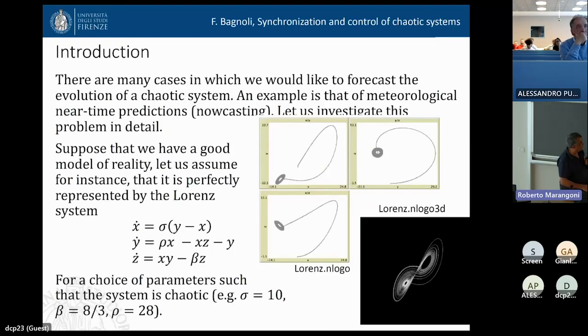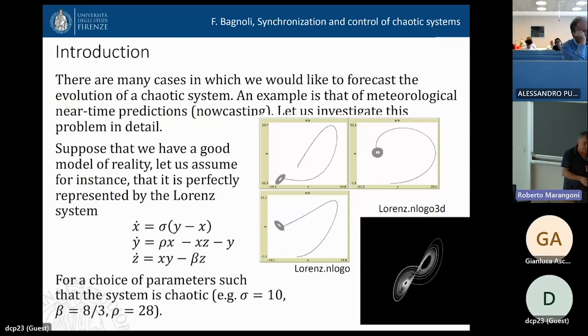We were dealing with the Lorenz system. Actually, let's think of a problem in meteorology. We want, in general, to be able to have a simulation on our computer. And suppose that you have a good model of the atmosphere, the system that you are modeling. But clearly, you have the problem of finding the state of the system, since in general these are chaotic systems. So you have to perform some measurements on your system and synchronize your simulation with the data coming from experimental